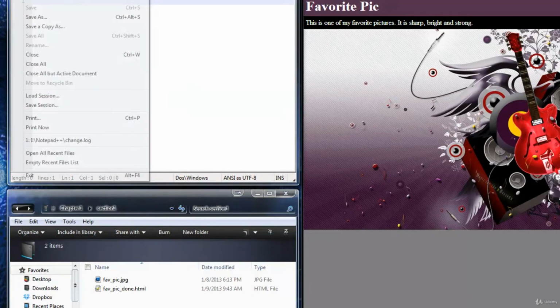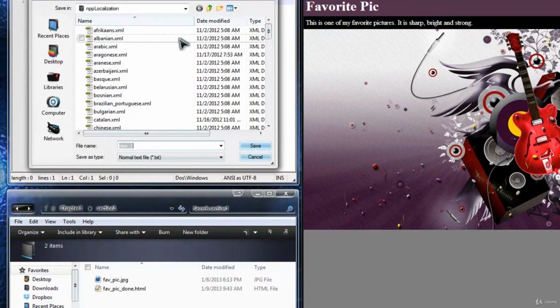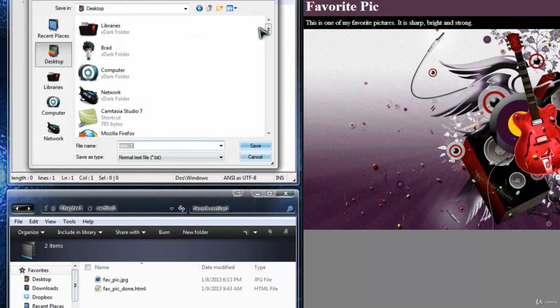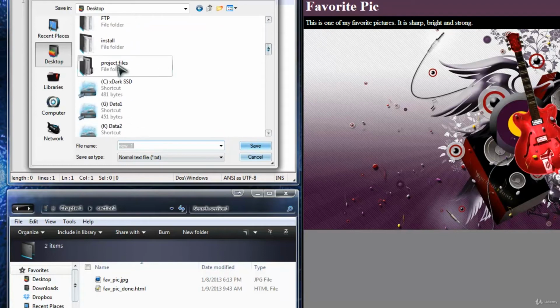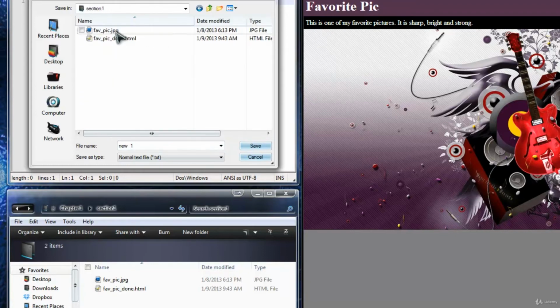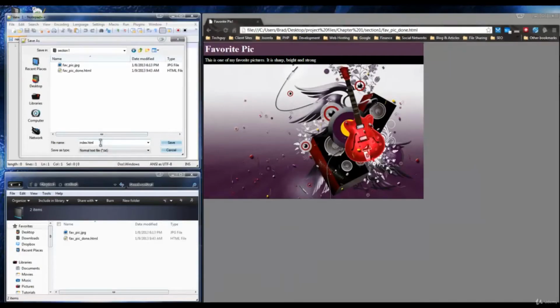Oops. Save as, and you should save the project before you even start. So I'm going to save it to the same folder, chapter 1, section 1, and we're going to name it index.html. The reason for naming it index.html is so that you don't have to actually type the file